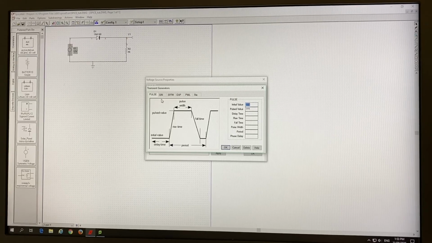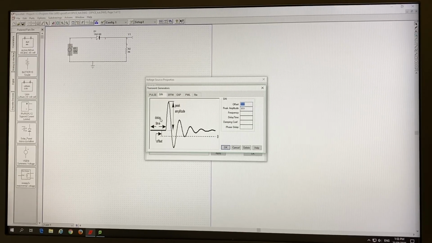In this case, I just want us to input a simple sinusoidal signal, an AC signal. If you click sinusoidal signal, you can see there's an offset and a peak amplitude. Amplitude is from the 0 line to the maximum. So you can define peak amplitude, or you can define peak to peak amplitude, which is twice the amplitude. Or you can define